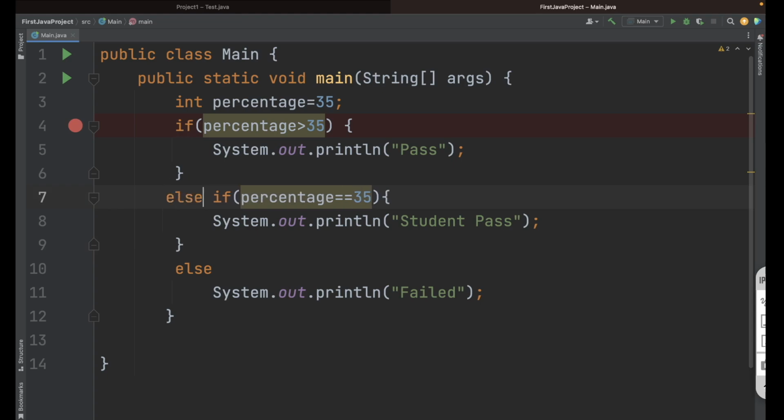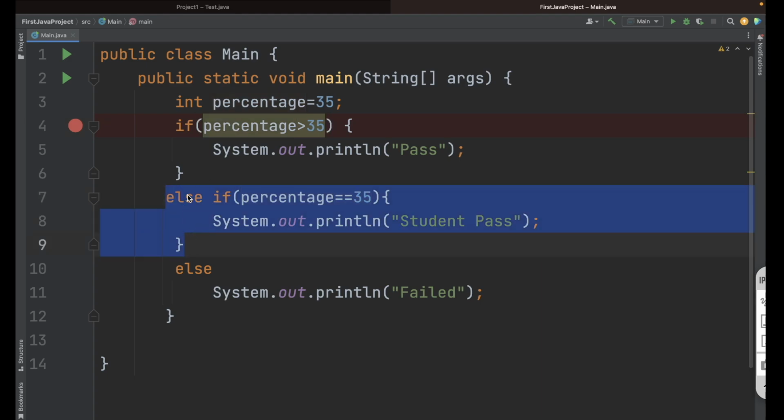But if you write the else if, then what will happen? Very first it will check if your percentage is greater than 35 or not. And if this condition fails, then only it will check the else if part. If this condition is satisfied, then it will never come to line number 7.